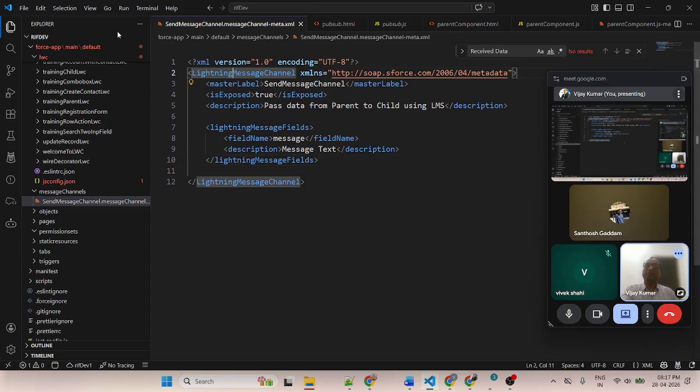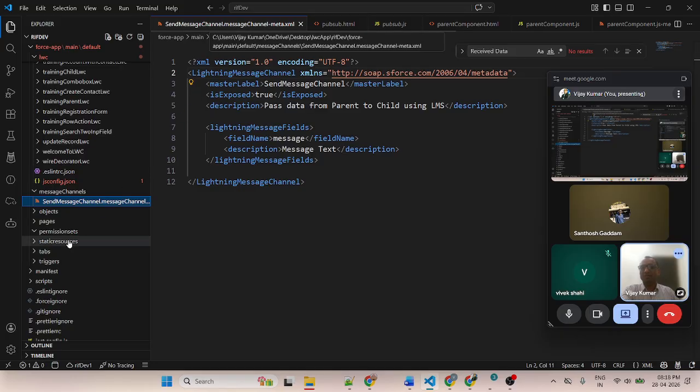Okay. So this is the structure. First create a folder, then create a file name. Here I am putting the name sendMessageChannel dot. Before the dot is the file name, and after the dot it is the folder name. sendMessageChannel.messageChannel-meta.xml file.